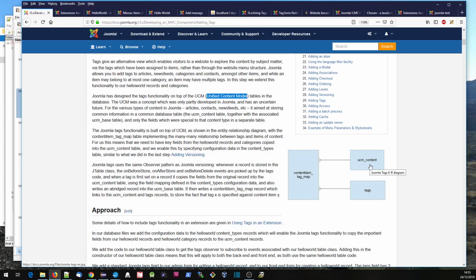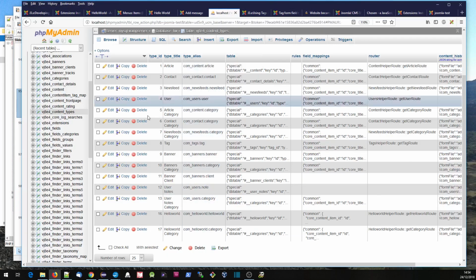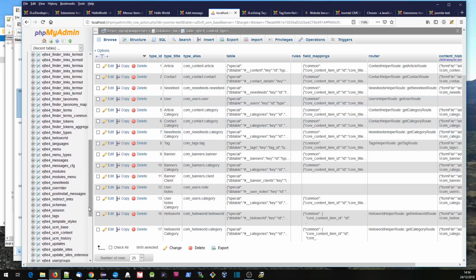of this UCM. And so if we look at what is going on, I've updated some of the diagrams I used when I was describing content history. With tags, what we're doing is we're taking our Hello World information, which is in our Hello World record, and we're copying the fields in that record which are common to other sorts of content on Joomla, common to articles or whatever, and we're putting it in this UCM content table. And if you have a look, for example, in phpMyAdmin,